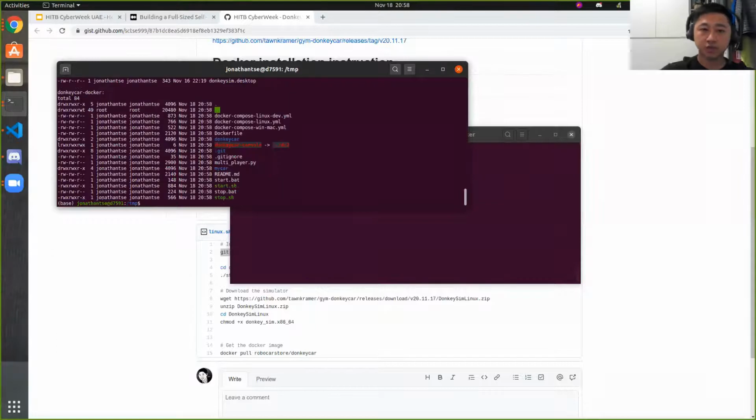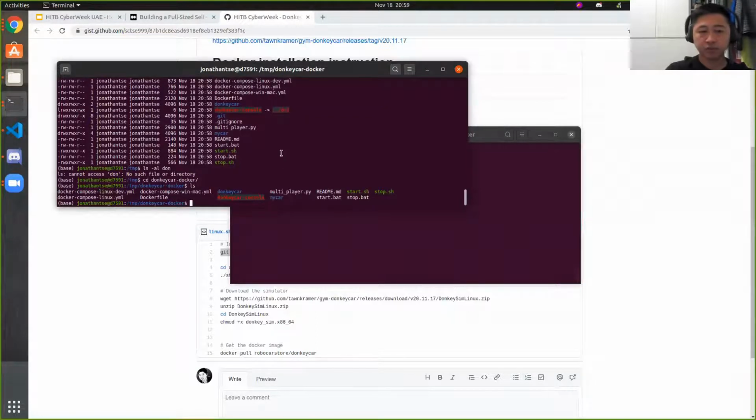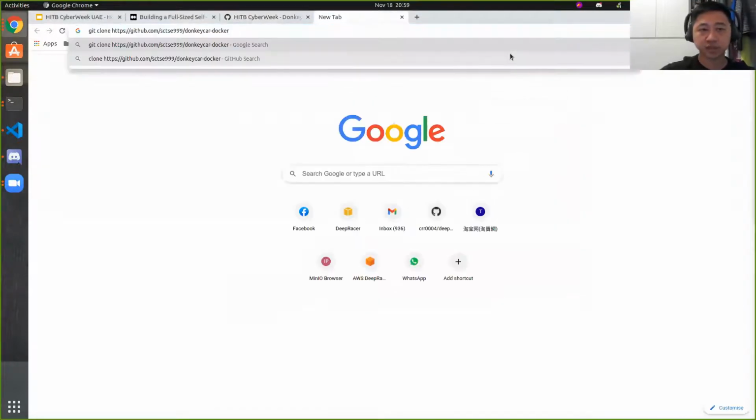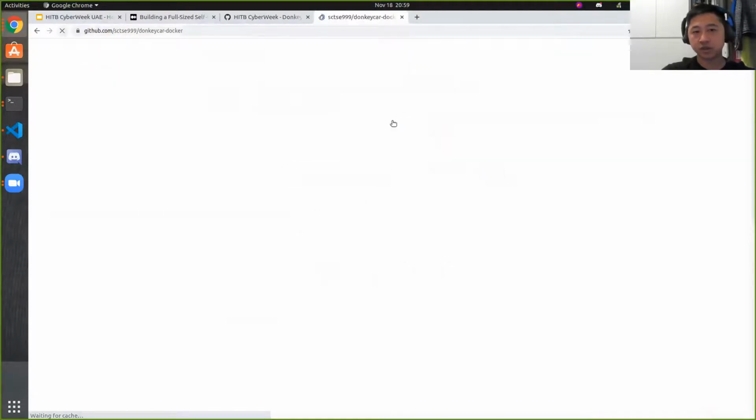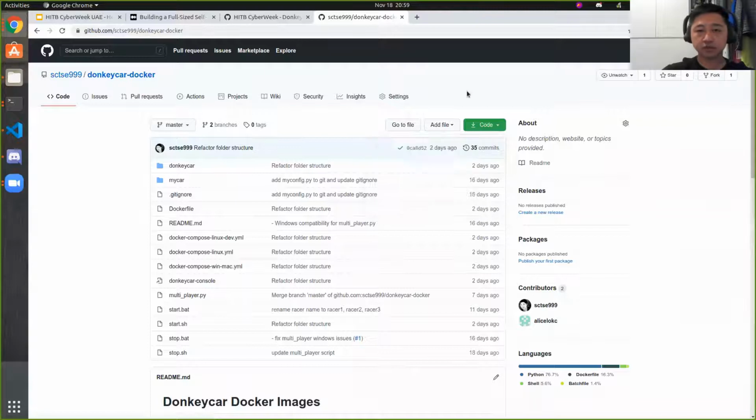Okay, so you can see that I have this donkey car Docker here. If you do not have Git, alternatively, you can just paste this command here, remove the Git code, just go here, and then you can download the code by downloading the zip. So you download this project, and then after that,